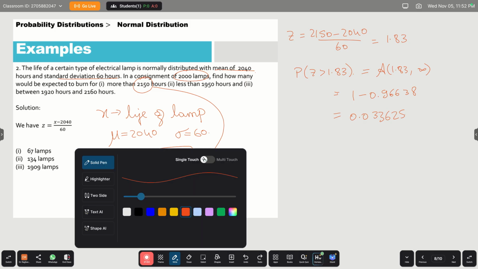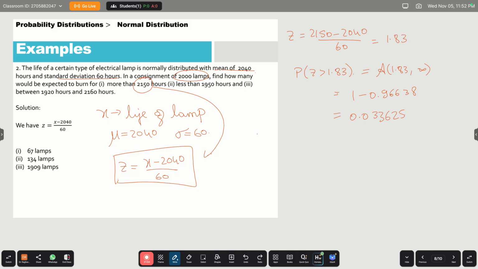Now the question is, after finding the probability, we need to calculate out of 2000 lamps, how many of them will be of this quality, which will burn for more than 2150. So it's very simple. Whatever probability is there, 0.033625, I just need to multiply by 2000, because out of 2000 lamps we need to calculate. So this will give you approximately 67 lamps. So 67 lamps are going to burn for more than